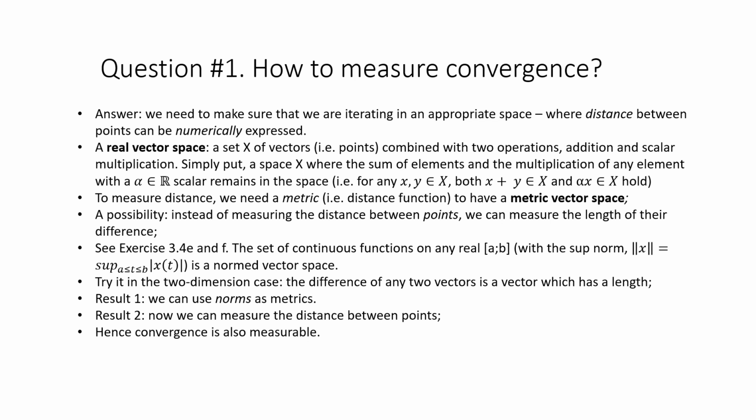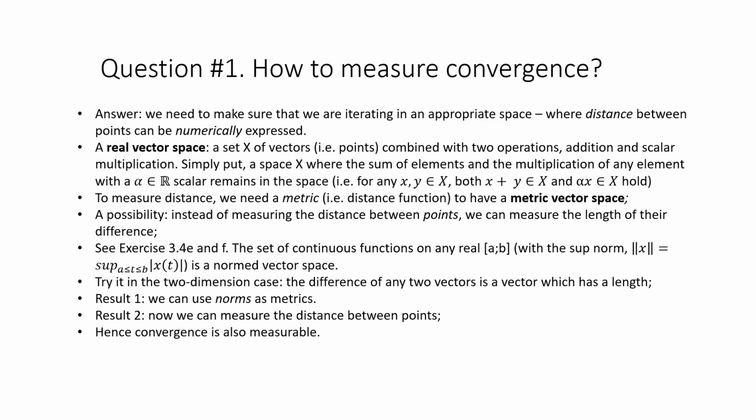Another related concept is the norm. The norm is another measure of the length of vectors. So just try to go back to the simplest two-dimension case. If we have a two-dimension space and if we have a point in this space, this point is a vector. This point defines a vector from the origin to the point. So we have a vector. If we have a point, we have a vector. And with the norm, we can measure the length of this vector, which is interpreted as the distance of the